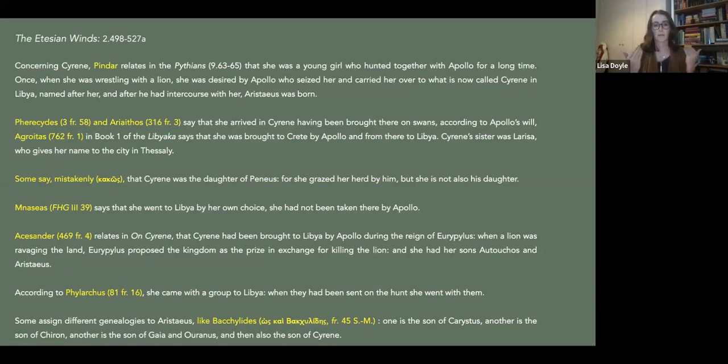What I want to do is take a step back and finish by looking at essentially the list of authors that are provided here. I've broken this note up, obviously, just to make it a bit more digestible in how we look at it. We start with Pindar, the lyric poet, and we finish with Bacchylides, who's another lyric poet.